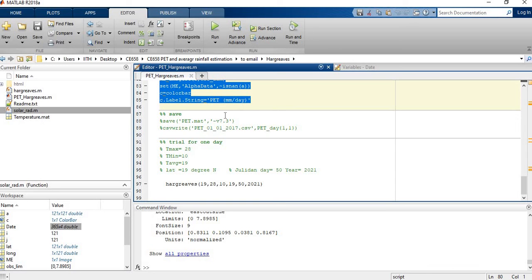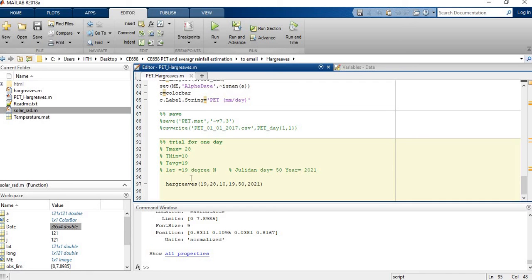For example, if you don't want to run this loop and want it for a particular location in a very simple way, suppose I have one location whose maximum temperature is 28, minimum temperature is 10 in degree Celsius obviously, and the average temperature will come as 19, and the latitude of that location is 19 degrees. The day for which I need the PET is 50, that is a Julian day, and year is 2021.